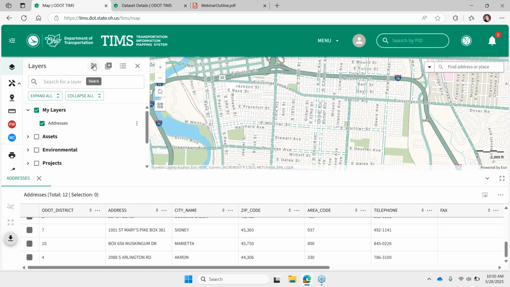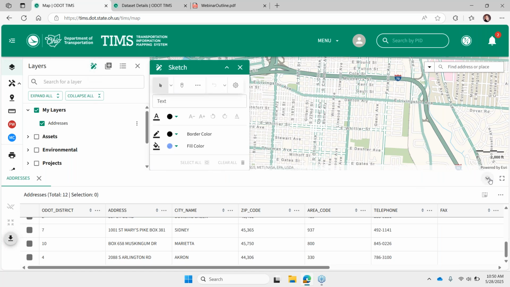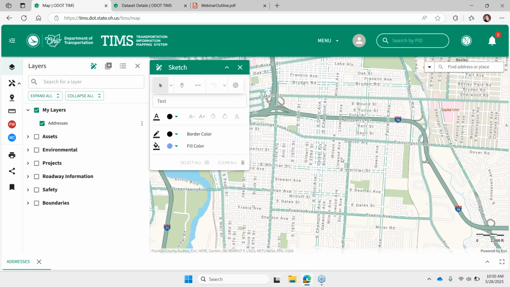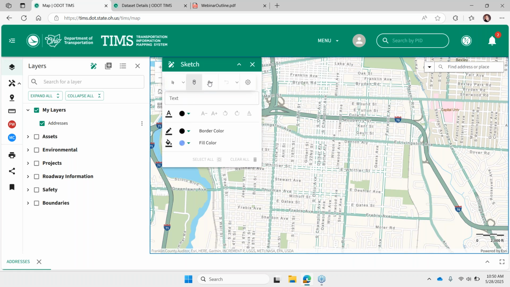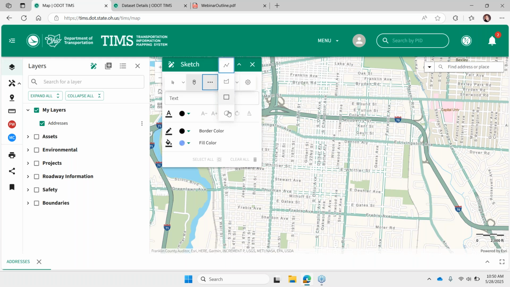The last option on this layers list is a sketch tool. Sometimes this can be useful if you just need to add a note and then maybe take a print screen or share that with a friend. I'm not going to spend time on this. Play around with it, and hopefully you'll find it intuitive. The sketch tools are similar to, choose your different format, the way that we drew our graphics in the filter tool.